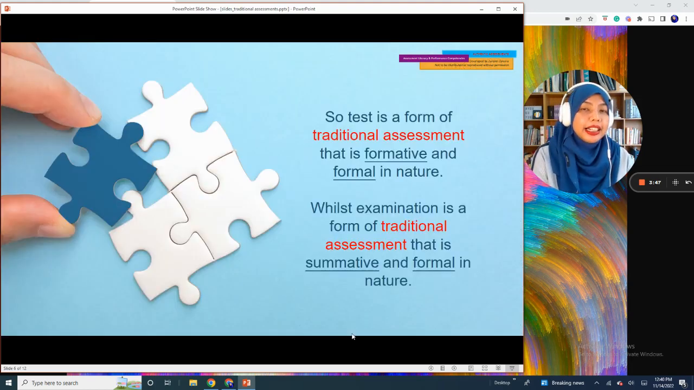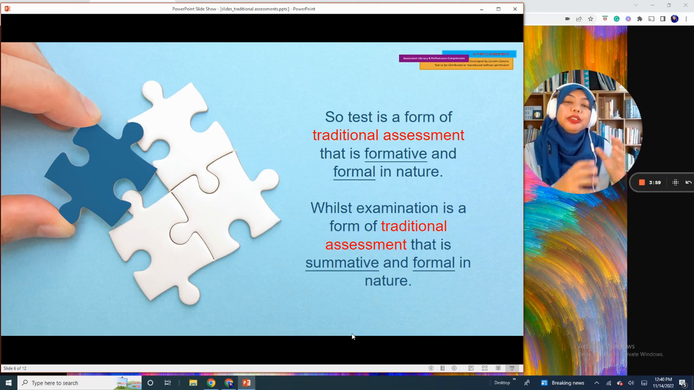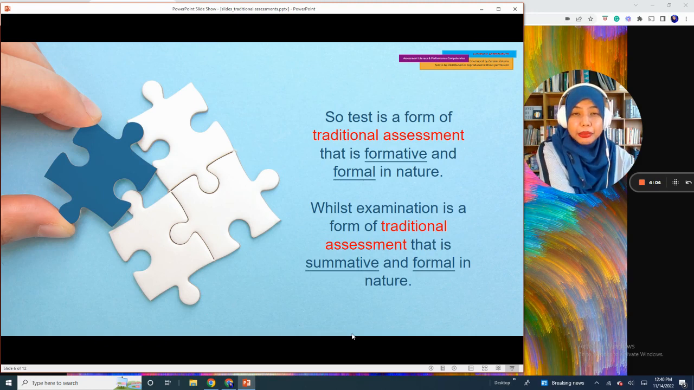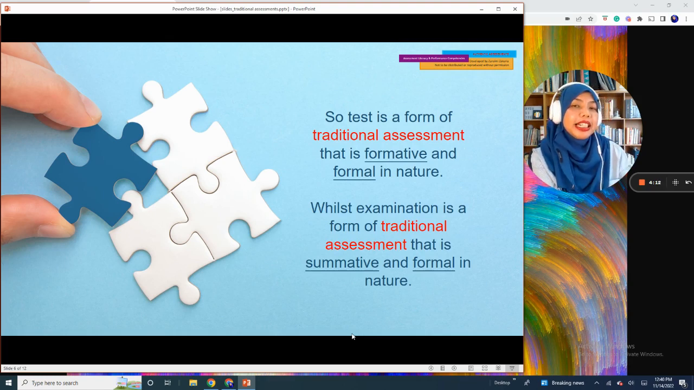But what exactly is traditional assessment? We have covered general principles of assessment, formative versus summative, formal versus informal. A test is a type of formal assessment and formative in nature, because a test provides teachers with information of learning pertaining to student progress. All right. On the other hand,